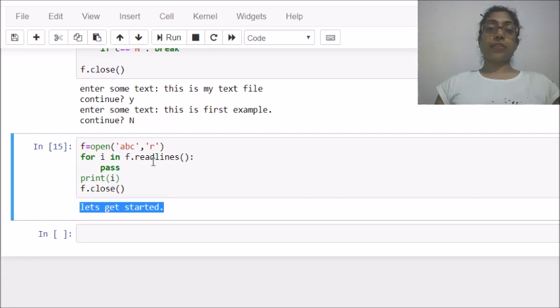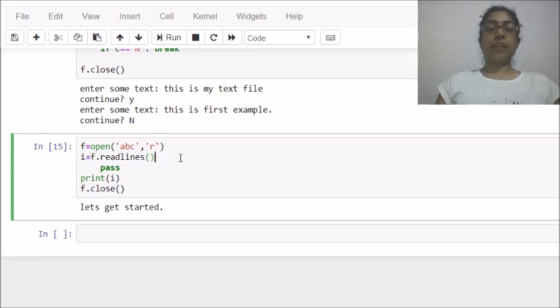Total number of lines. If you want to display the total number of lines in your file, that means the readlines function will help me, because I want to count the total number of lines. I just take a variable and create a list of all lines.